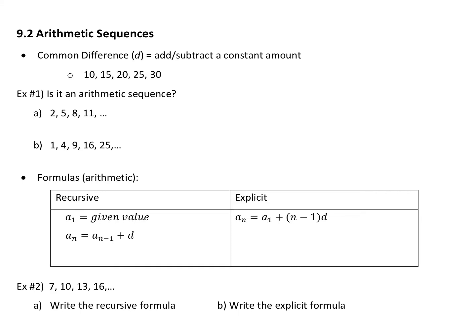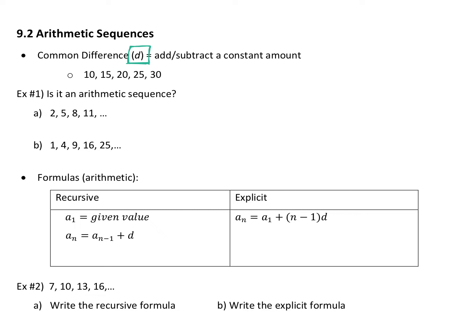Try to keep that straight as we go through these. We're going to start with the arithmetic sequences. And arithmetics start with what's called a common difference. So there's this new variable that's going to show up. It's a d, okay? A common difference is just some constant number that you are adding or subtracting to your